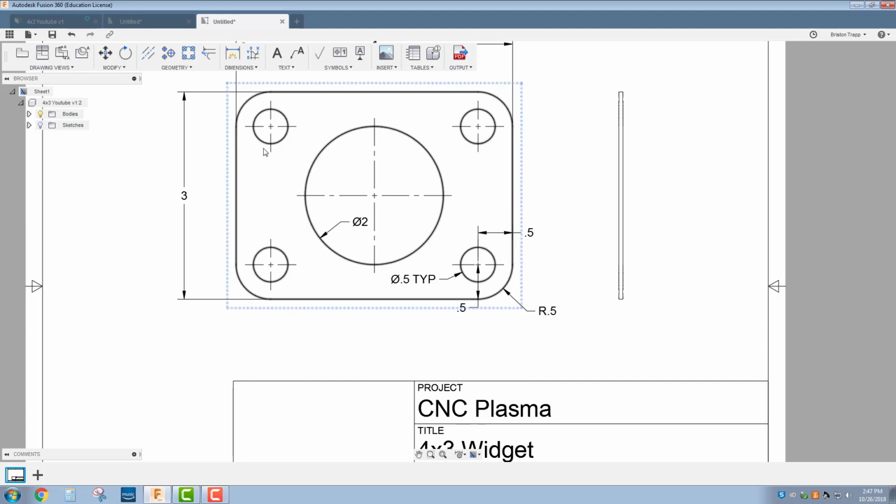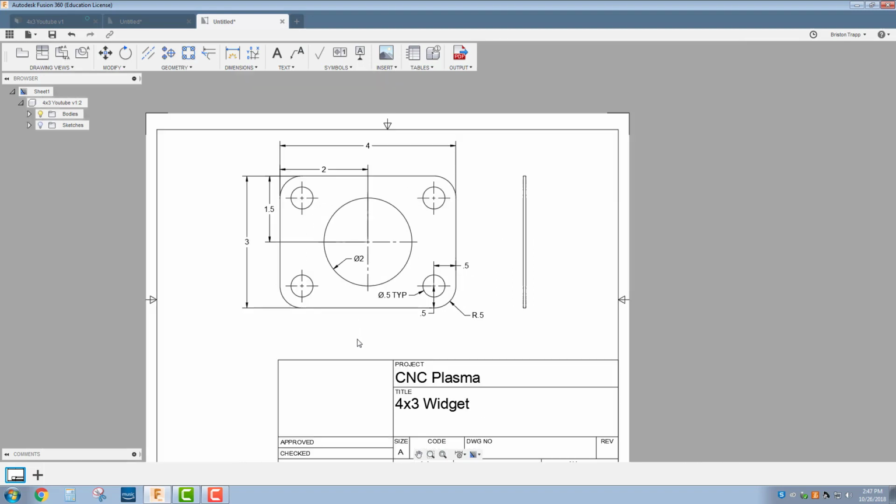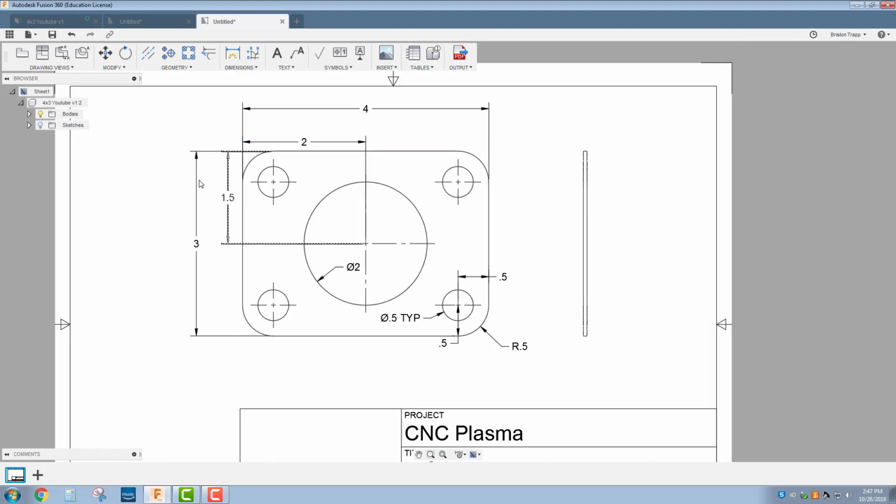Click OK. Same thing for the big circle, center to this edge. I'm going to go 2 inches there. This edge, 1.5 inches. So we have our width, our height, our hole diameter, our hole location, and this is also applied on the other 3 corners. We have our radius, diameter, location, and then the last dimension is going to be our,